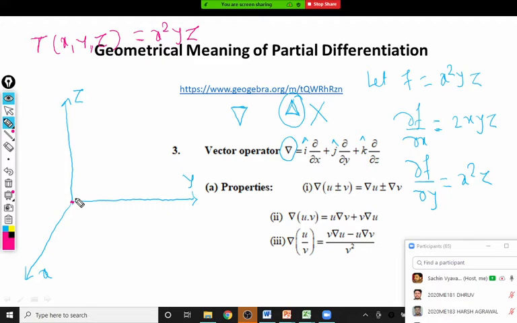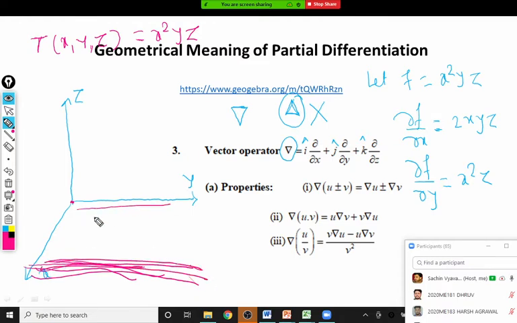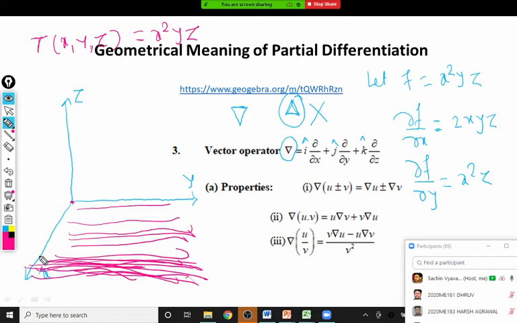It is obvious from this function that when we move away along the x-axis, there is a higher temperature, while here there is a lesser temperature, and then it goes on increasing. You will observe the temperature on this side is very high, and here it is low. I am telling this with respect to the first octant only. So that is the temperature distribution in space.